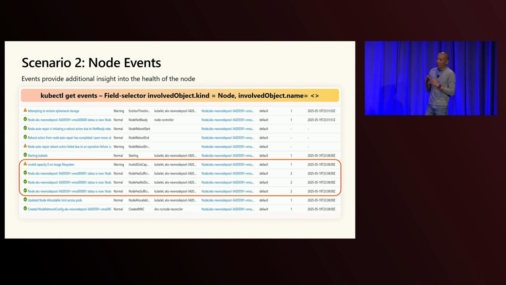So for example, if you're debugging a pod readiness issue, you might go look at Kubernetes events and see what was happening right before the pod readiness event started to fail. And you might find that there's a memory pressure condition or even a disk pressure condition that might be causing that pod to fail those readiness probes. And so again, Kubernetes node events are very helpful in this situation and also allow you to kind of time travel back and be able to see what happened earlier.